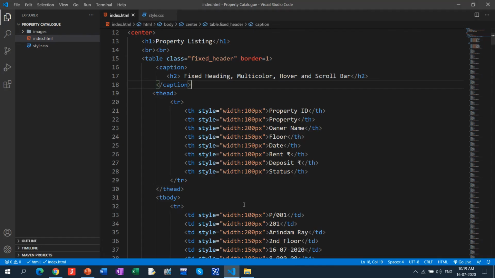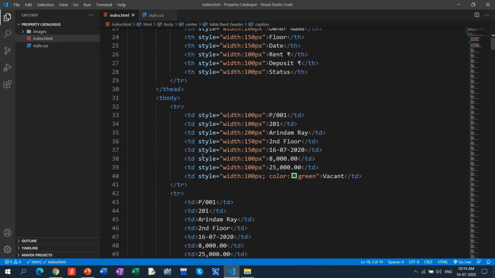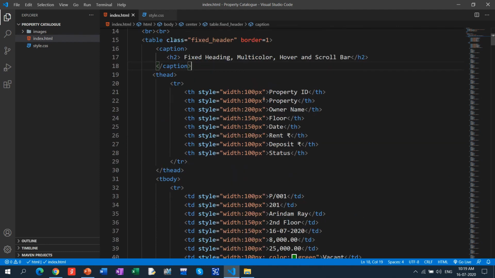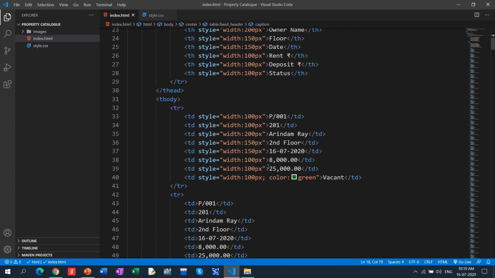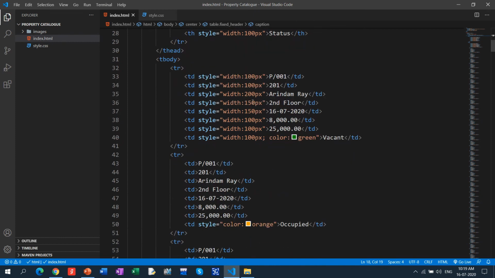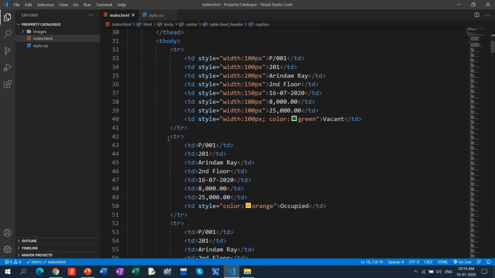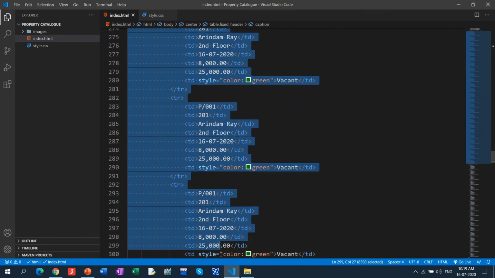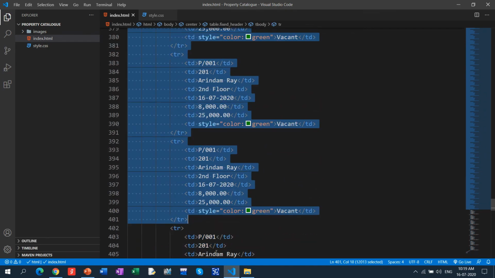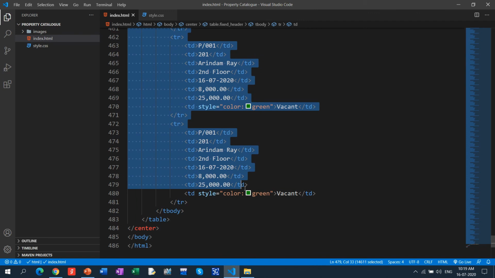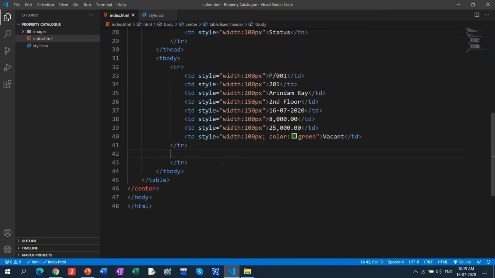In case of property ID, 100, 100, 100, and nice. In the second column this is also nice. But from the third column onwards, if I remove all these columns from here only, let me show you what happened.